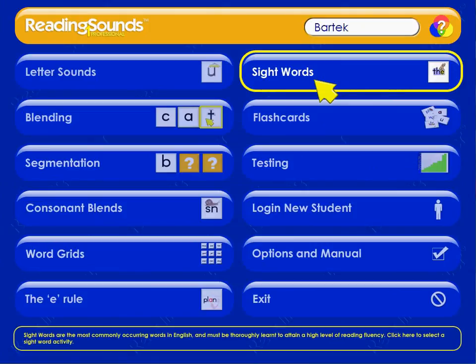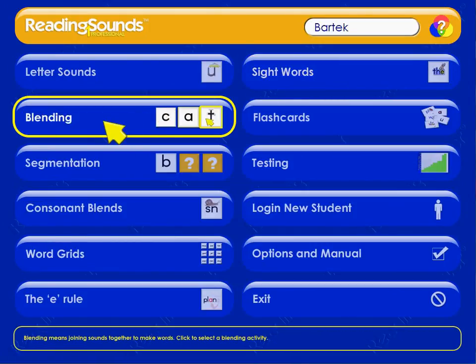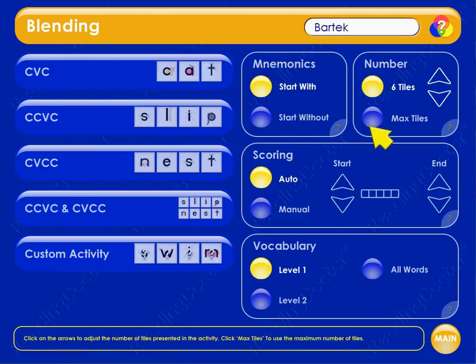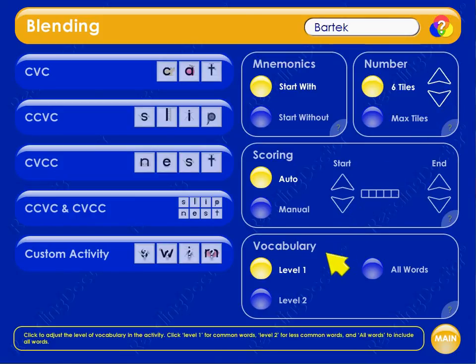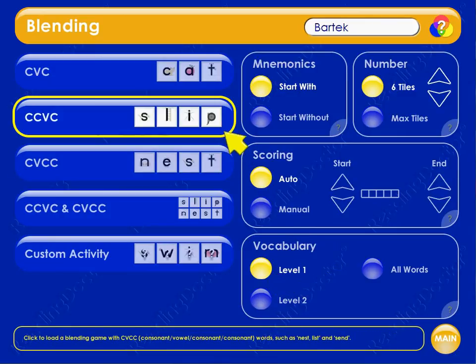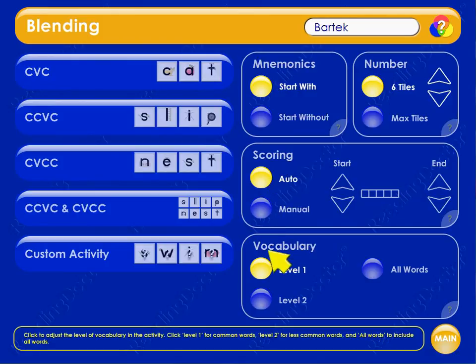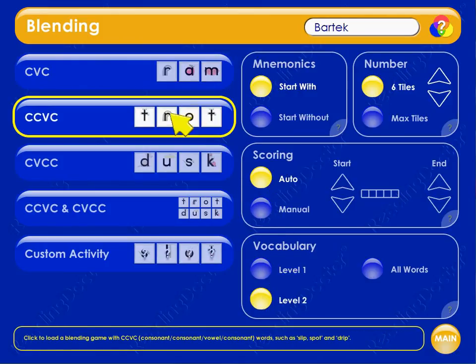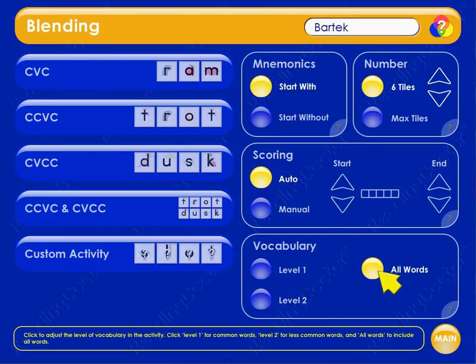Why, thank you. Just like in the letter sounds activities, it's possible to exercise a lot of control over the blending games. You can change the number of words to be included in a blending activity by adjusting this number option box. You can also change the vocabulary level of the activity. So for example, level 1 words are very high frequency words like cat and slip, whereas changing the vocabulary setting to level 2 will include low frequency words like ram and trot, or it's also possible to have a combination